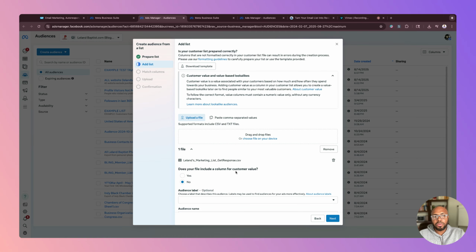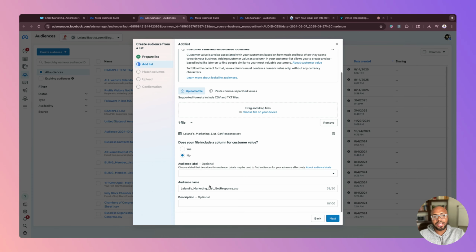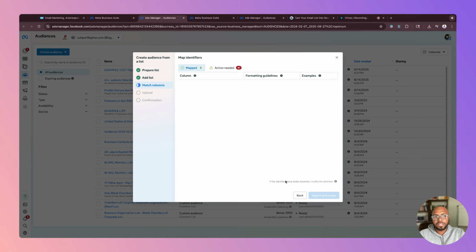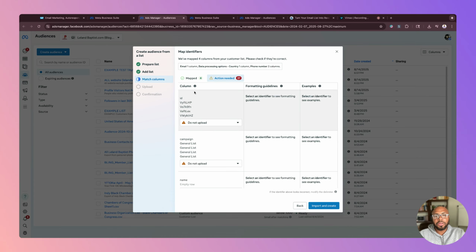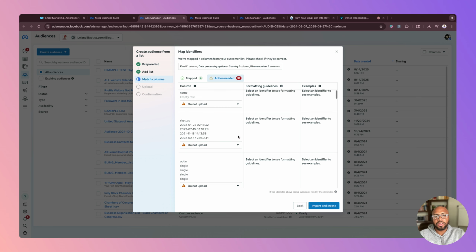Does your file include a column for customer value? Mine does not. If yours does, then fantastic. You'll let them know the dollar amount that you've put beside that. Okay. All right. It's going to name this as my audience. You can name this whatever you want as long as you can find it. Hit next. And then what you have to do here is map out the proper fields